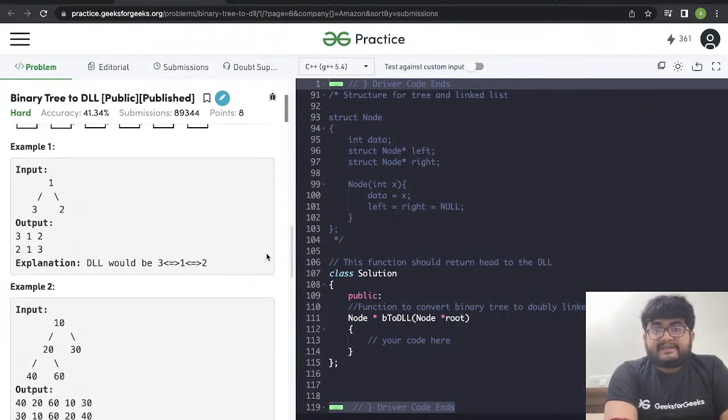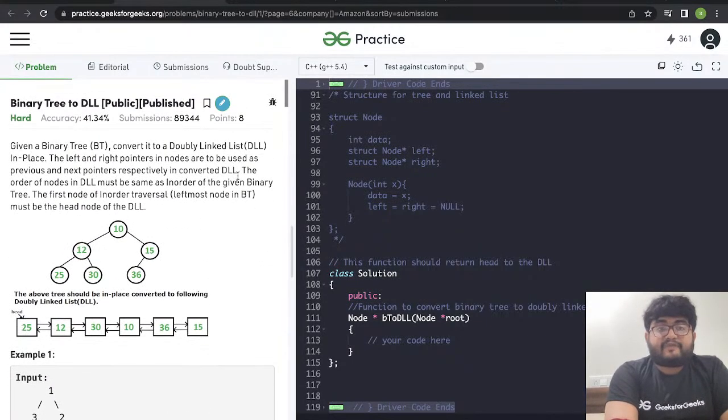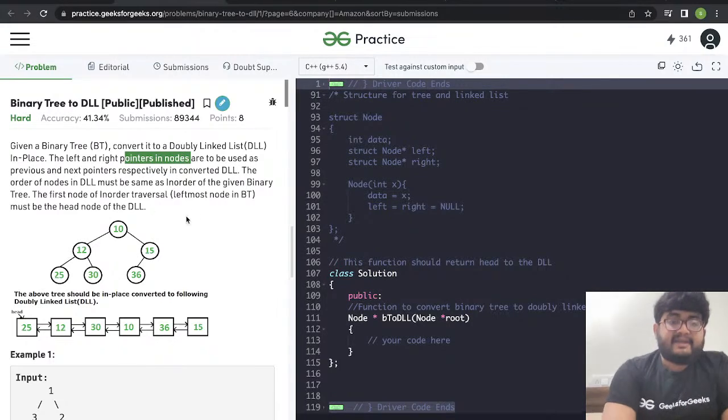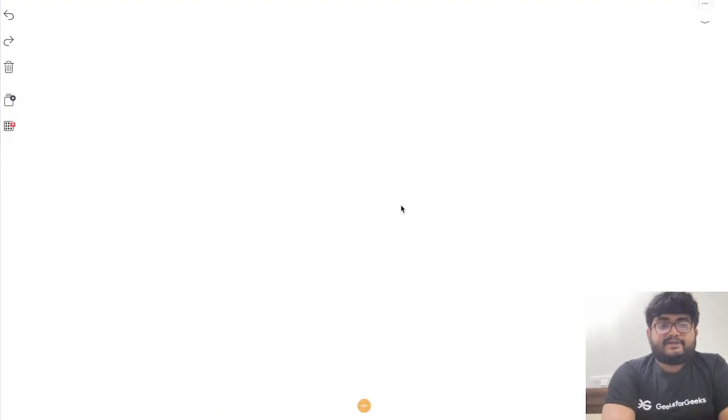And a doubly linked list has left will be what? Left will be the previous, I think. The previous and the next pointers, the left and the right pointers in the nodes are previous and next. So the previous will be considered as the left and next will be considered as the right. Okay, so we have to convert this into a doubly linked list. Let's understand how. Let's take this example: 10,